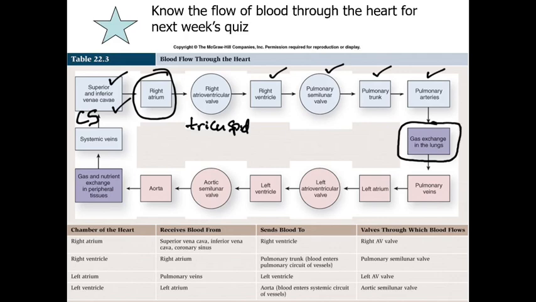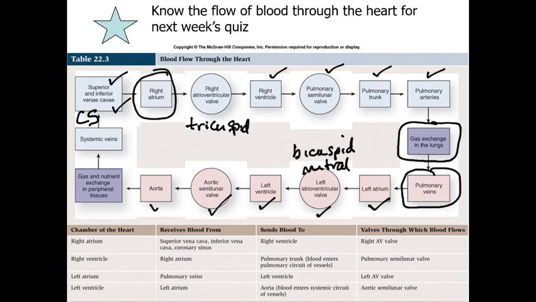That blue blood is going to be reoxygenated at the alveoli and leave out of the lung through a series of pulmonary veins, which are now red. Those pulmonary veins are going to return to the heart at the left atrium, and blood will then pass through the left atrioventricular valve. Again, two other names for that valve, the bicuspid or the mitral, into the left ventricle, through the aortic semilunar valve, into the aorta, and then off to all of your systems,